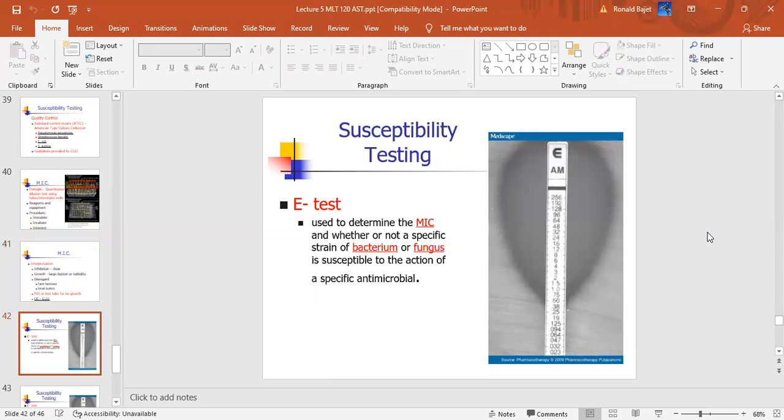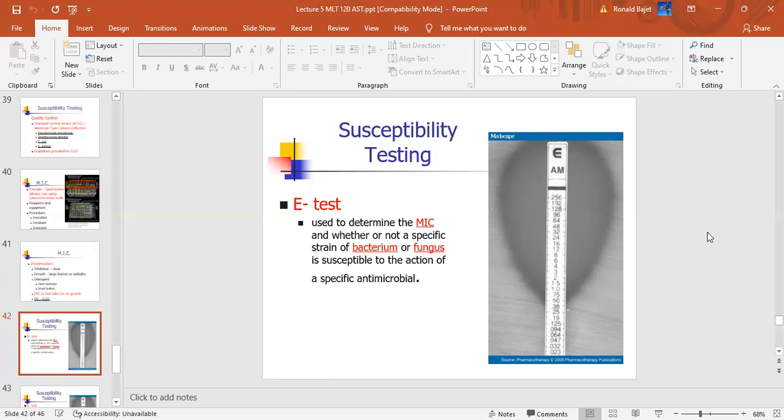This is called the E test. That's where you have a strip. In this type of test, you're going to streak for growth onto your Mueller-Hinton agar. Do it 3 times or 4 times. I like to do it 4 times to get a really good map of organisms. And then what you do in this test is, I want to say